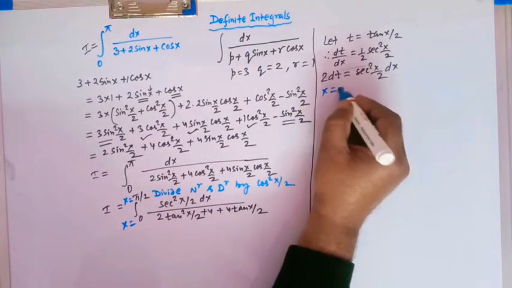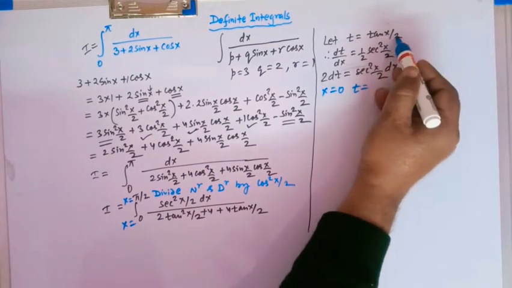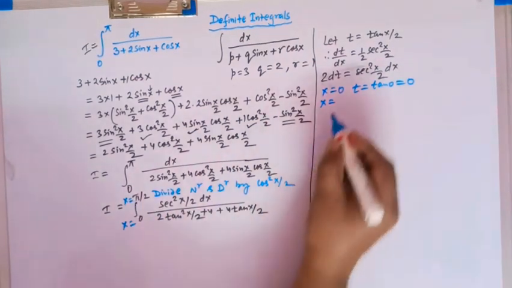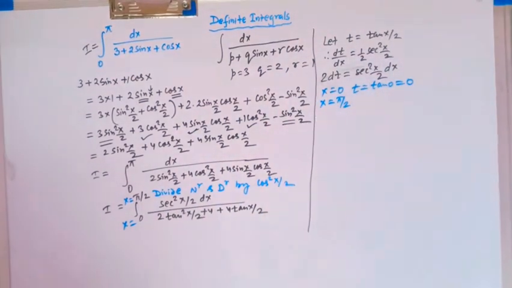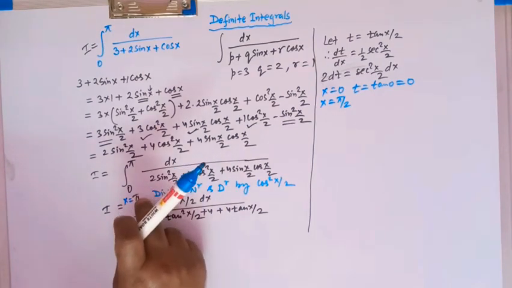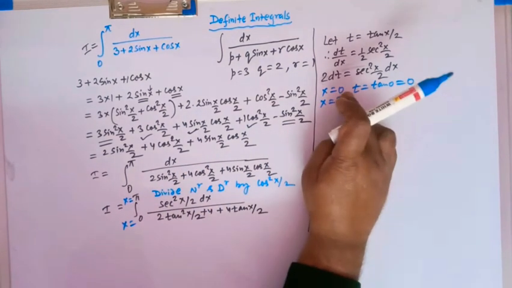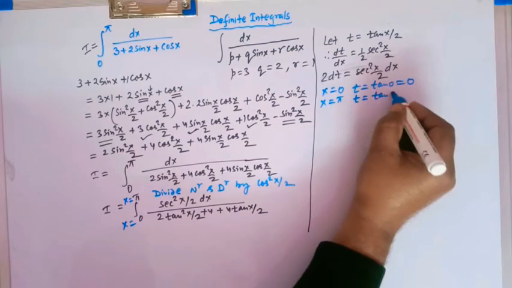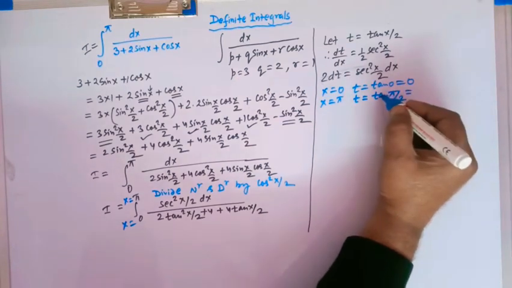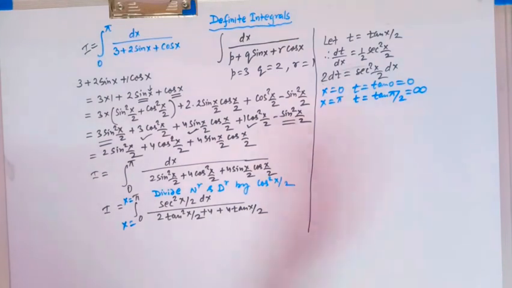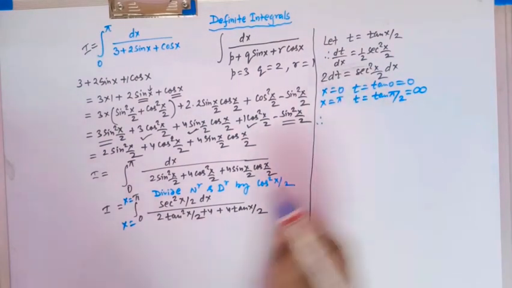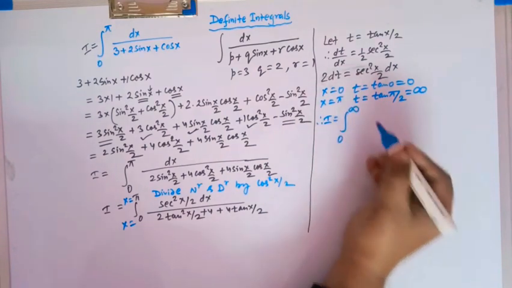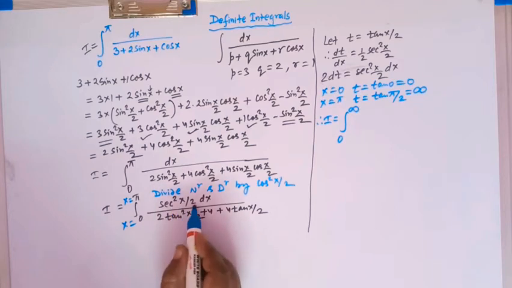So when x is 0, t is tan 0 over 2, that is tan 0, which is 0, and when x is pi by 2, we have the upper limit as pi, so t is tan pi over 2, that is tan pi over 2 is infinity or not defined, right? So therefore this integral now reduces to 0 to infinity, and sec square x by 2 dx is